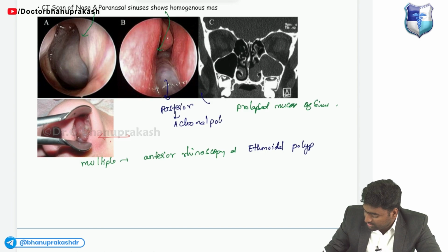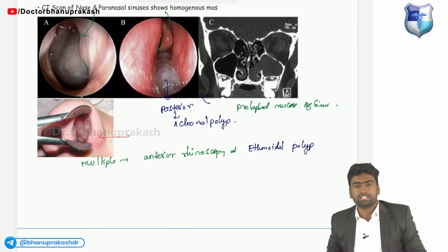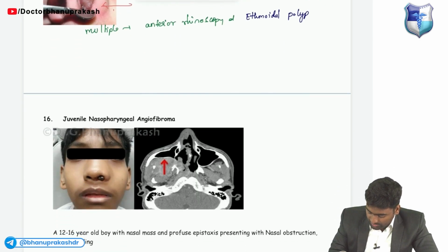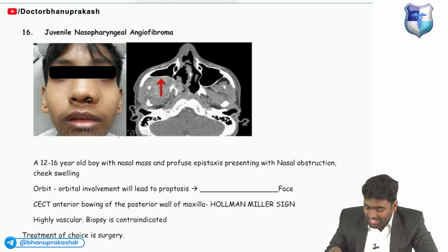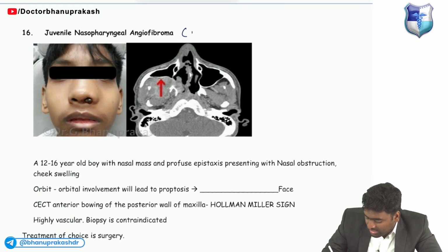Okay, just remember this much. These are the things you need to remember about polyps. Okay, let's move ahead. Next, you say this adolescent male, like a young male,